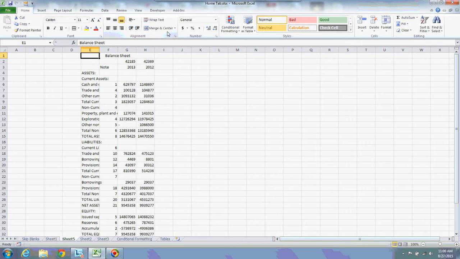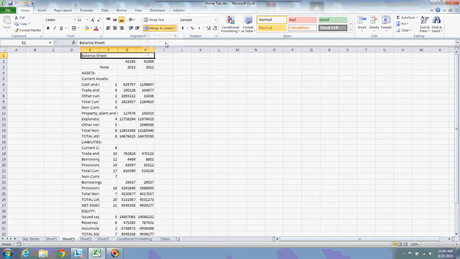Now we can also explore different options under merge and center. You can see merge and center, and you can see merge across. If you click merge across, what is going to happen? I am selecting merge across. It is merge and center.